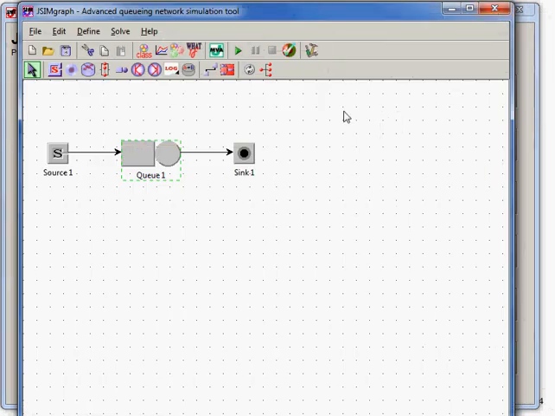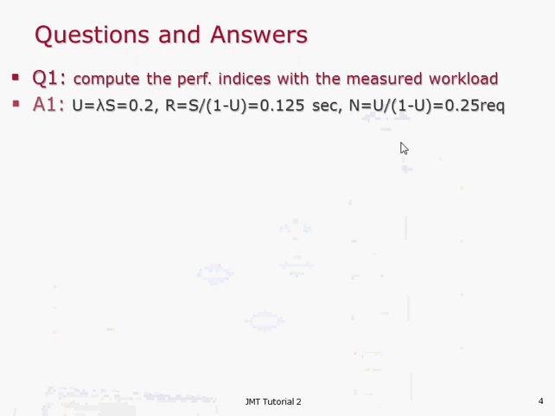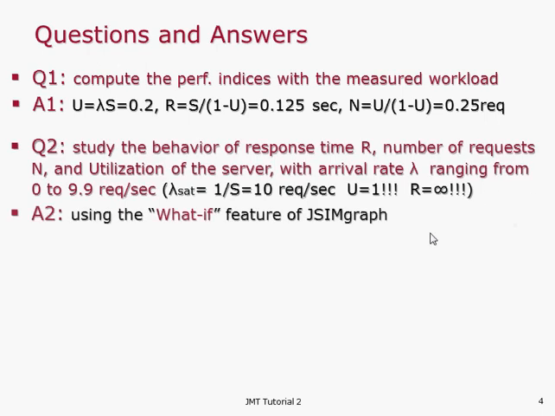Okay, I keep this because those are useful for the next answer. So here you have the analytical values that we have seen, that they are practically the ones that we required. Now I have a question. How can I study the behavior of the performance indices with arrival rates ranging from 0 to 9.9 requests per second? Well, in this case, what I want to show you is that we will use the what-if